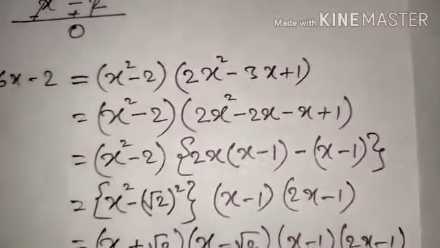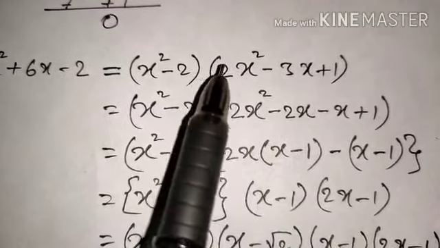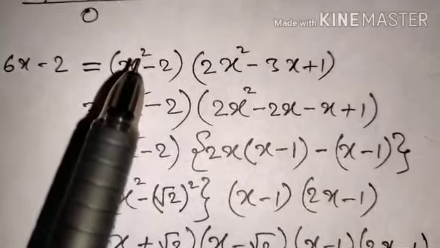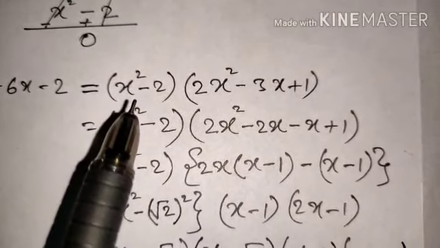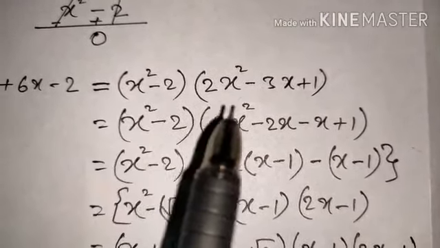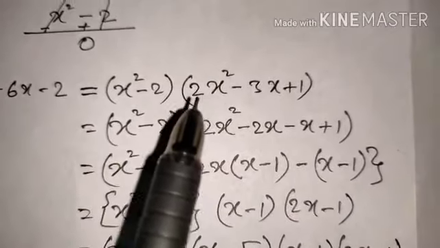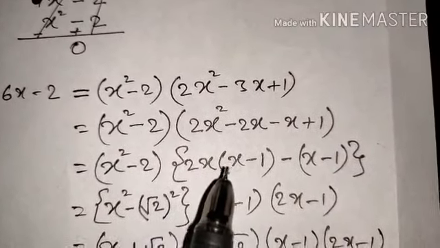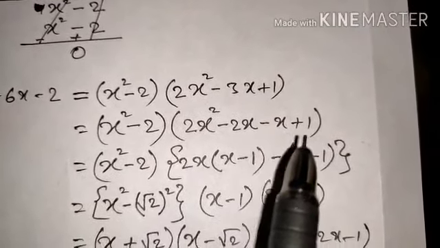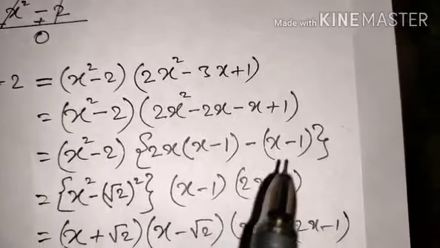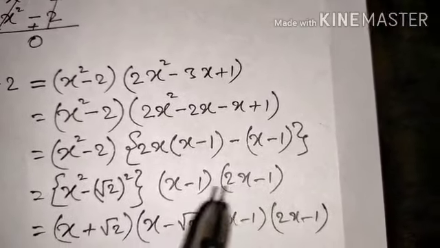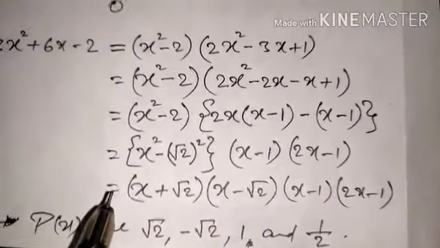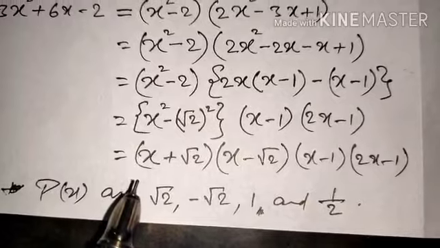It is very easy. Now we can use the middle term splitting for this expression, to factorize it so that we can get the other two zeros. So we are doing this easily: 2x square minus 2x minus x plus 1. Here 2x will be common: 2x into x minus 1, minus 1 into x minus 1, so x minus 1 into 2x minus 1. These things are very easy stuff. People are studying these things from class 8 now, so I hope you must not have any problem in these things.